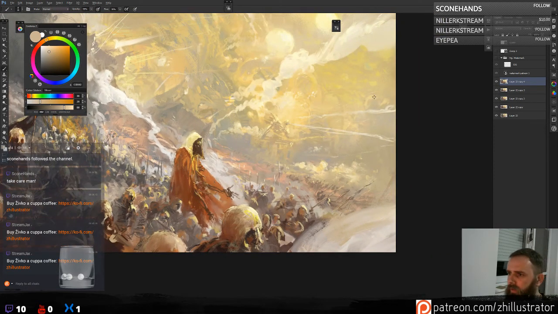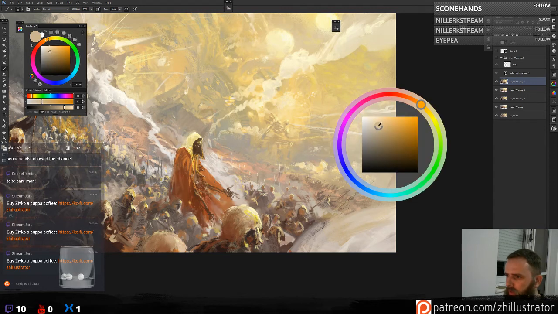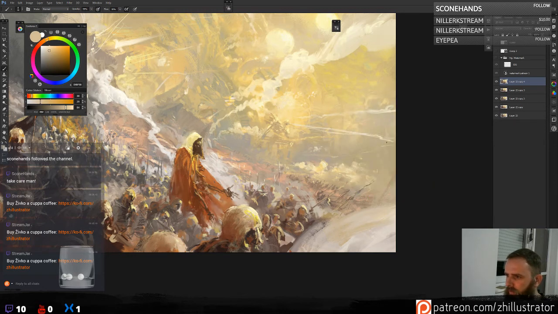So I want to introduce a lighter color here and go darker a bit here. So there is smoke. You can see on my color wheel that I'm not close to white, so I'm not just blowing everything up to be white.